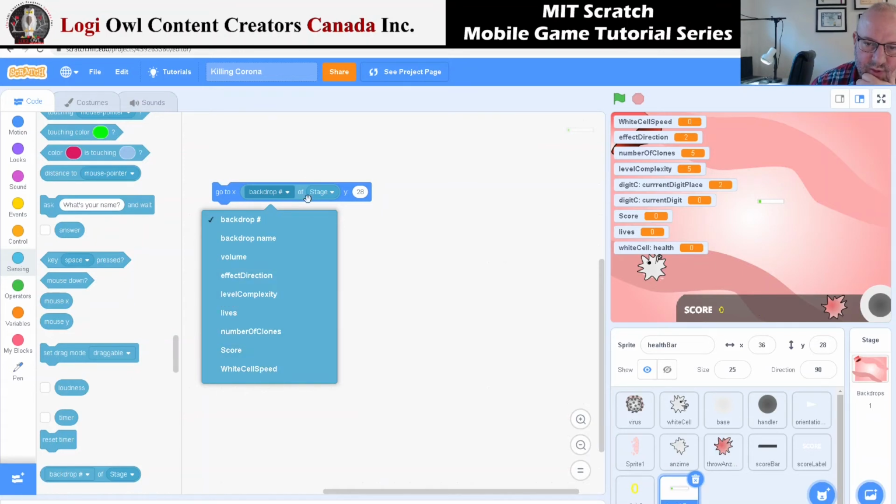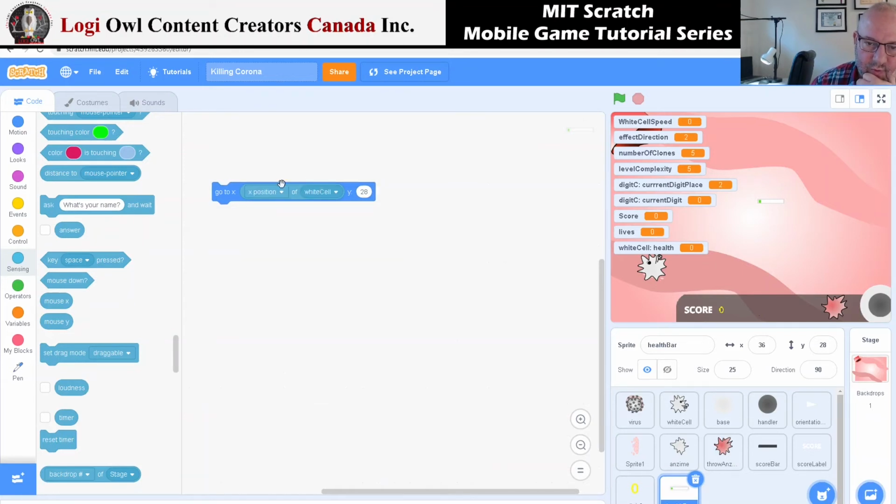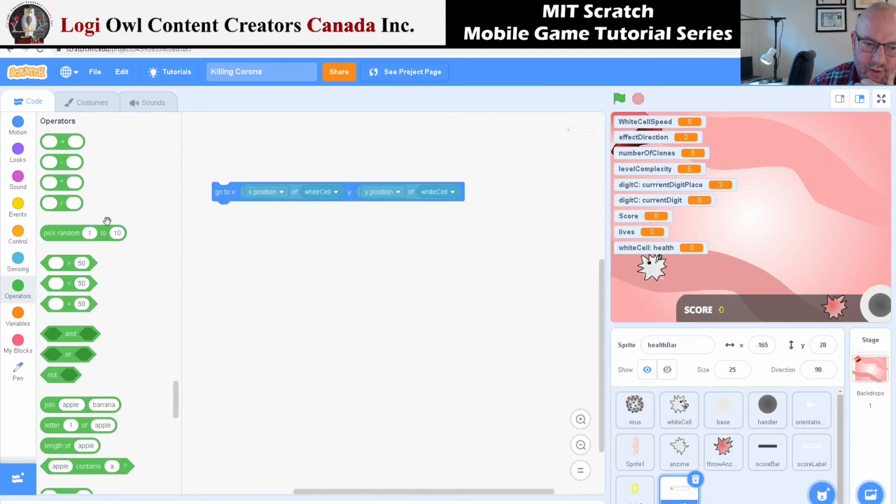Where's that white cell? White cell position X, and duplicate that. White cell position Y, but not exactly that position, so we need to add some to that one. So it will be that position plus, we're moving it a little bit to the right, so plus maybe 10 or 20. Let's try that,